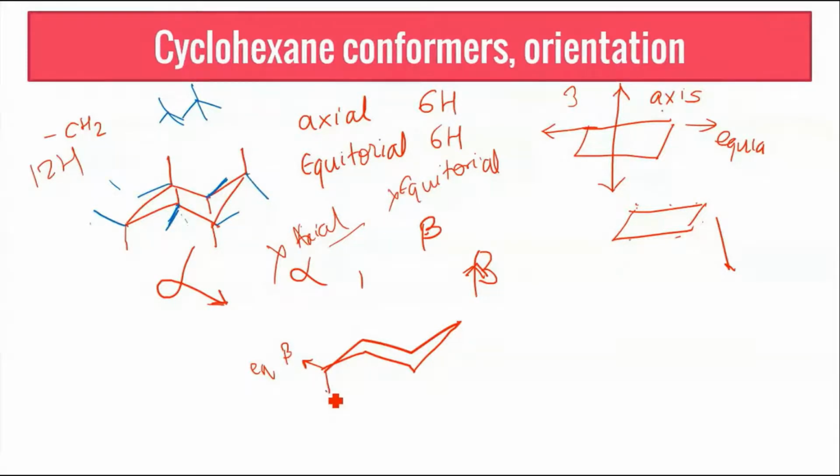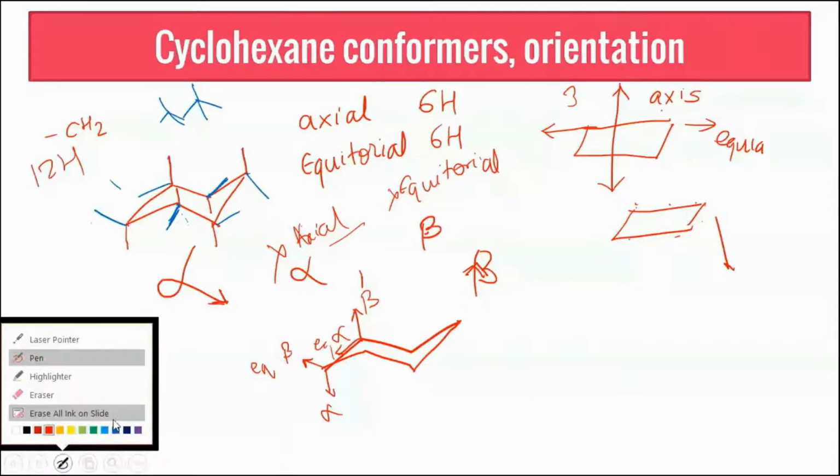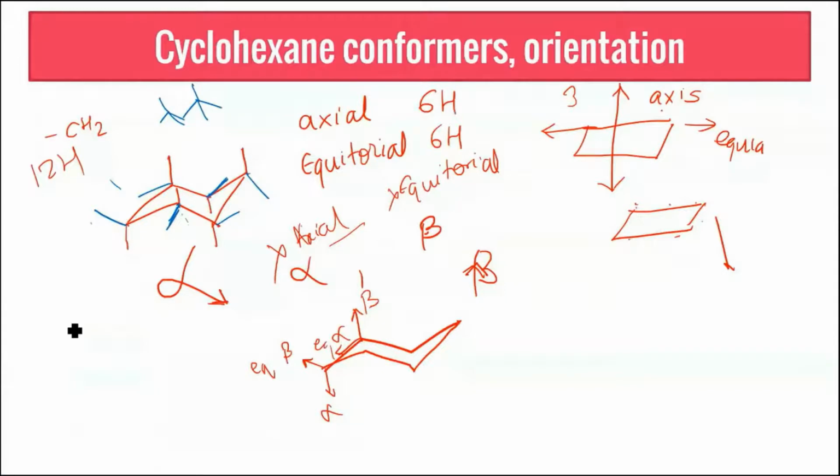So here you have that axial alpha because this is going down the plane. In this carbon I have axial, but still it is beta. And here the next carbon is facing downwards. It is equatorial, but it is alpha. So remember, on all the carbons, if I want to label them as alpha or beta, I would have a random arrangement. I may not have the same arrangement. So here this would be beta, this would be alpha, this would be your alpha bond, this would be beta.